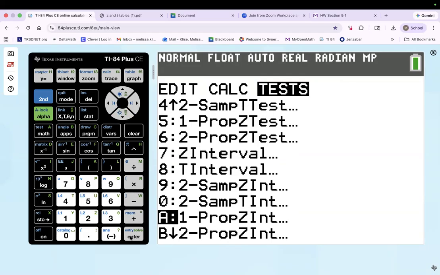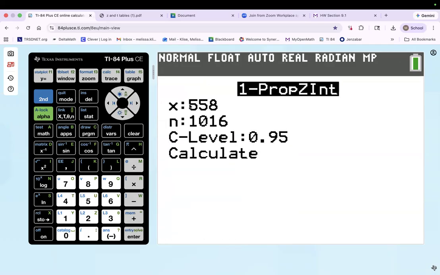It won't allow it. Your number of successes has to be a whole number. So if, for example, I got 23.8 when I calculated the percent of people that like dogs, I would just round it to 24. Trust me, it works and it'll still give you the right answer. My Open Math is trying to get you to do it all by hand, which is absolutely fine. But if you just round to the nearest whole number, you will still get the correct answer.